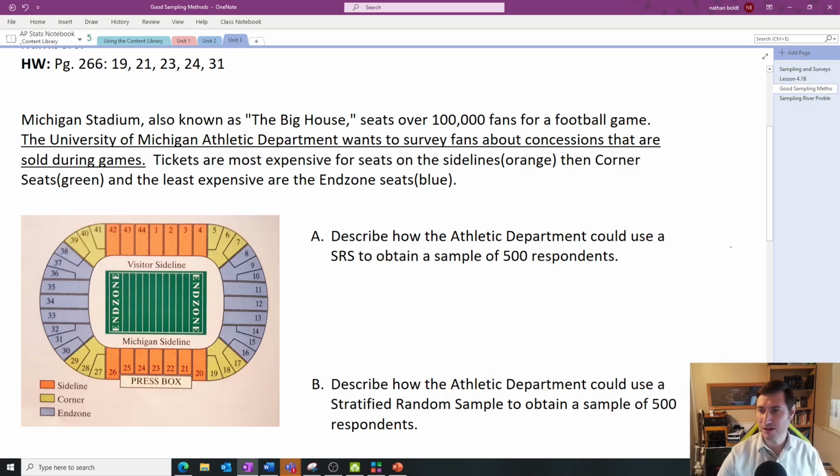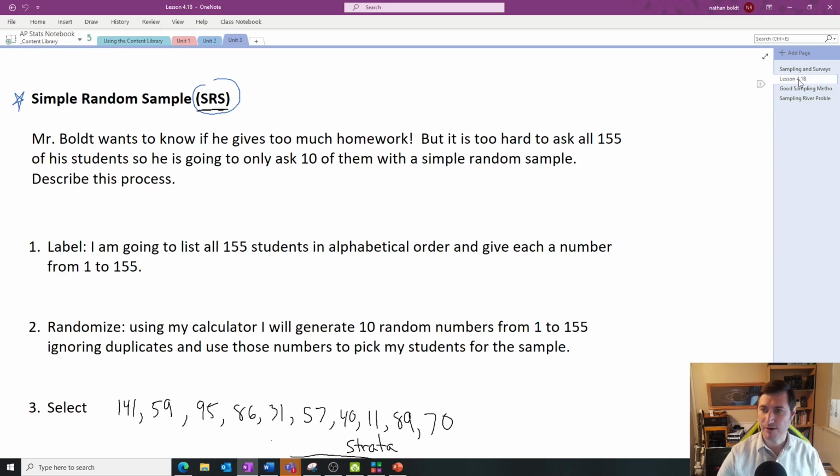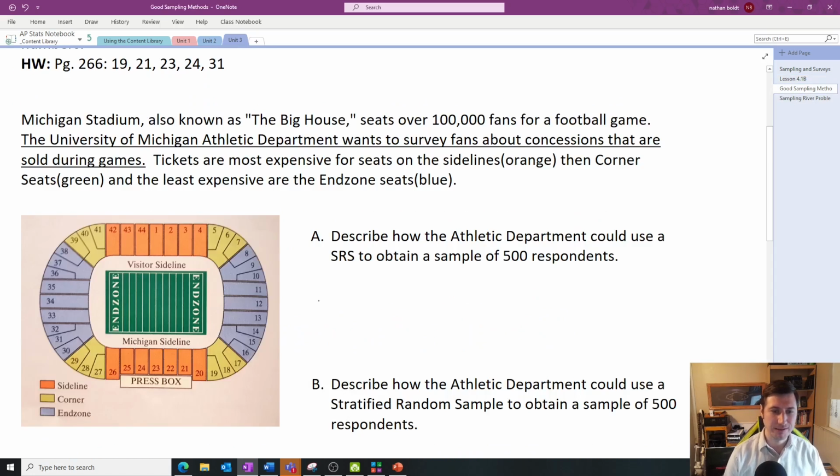So in the video, I laid out a 3-step process for you. Label, randomize, tell me how you're going to randomize, and then do the selection. In order to do this, we first have to label all of the people, the population. So label. But thankfully, most stadiums already have this. The seats have numbers, right? So label all the seats